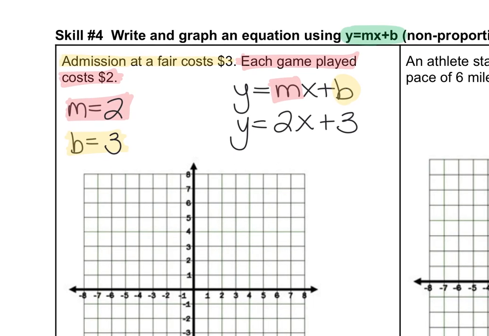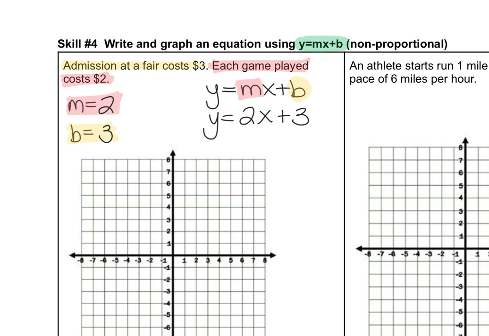So now to graph this, I'm going to go up to 3. I know that I'm starting at 3 because that is my y-intercept where we cross the y-axis. So I know the y-axis here, I'm going to cross it at 3. That's why I put that point there. Now I need to add on $2 for every one game. So if I play one game and add on $2 more,